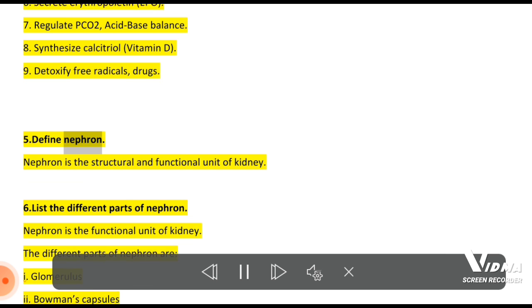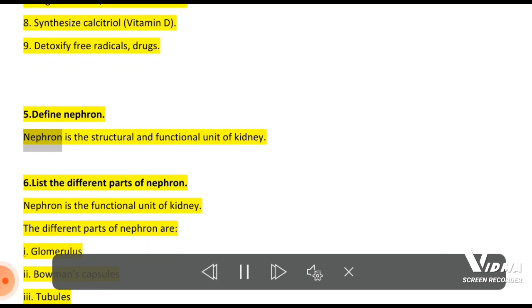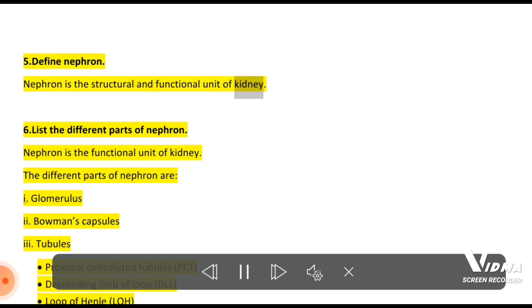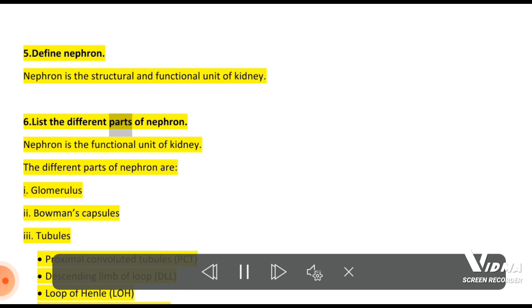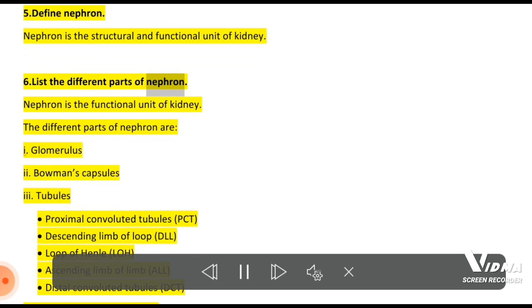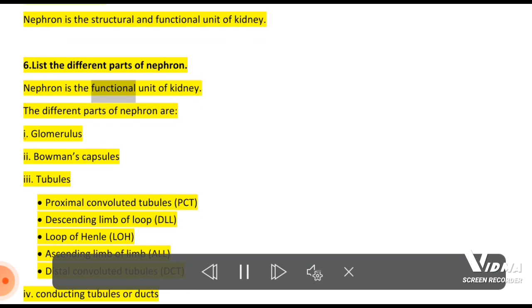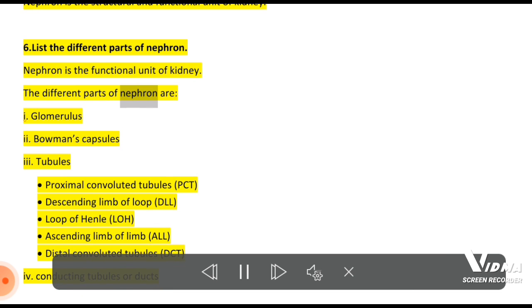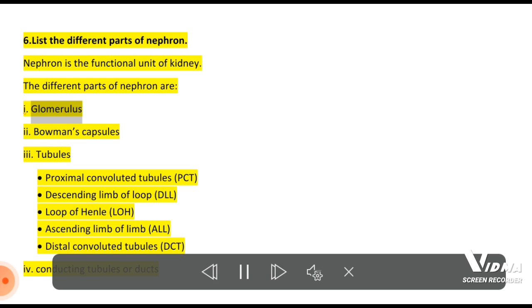5. Define nephron. Nephron is the structural and functional unit of the kidney. 6. List the different parts of the nephron. Nephron is the functional unit of the kidney. The different parts of the nephron are: